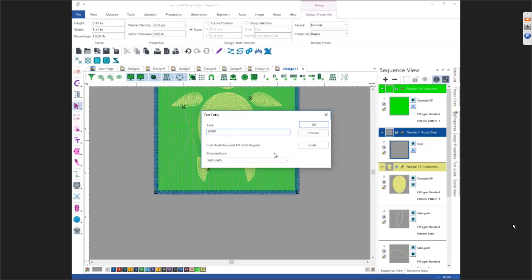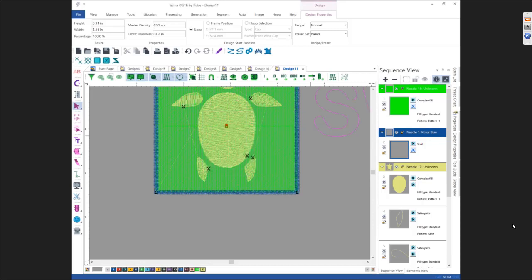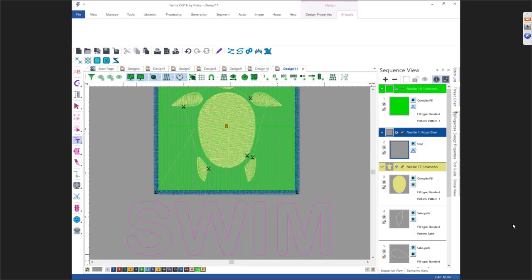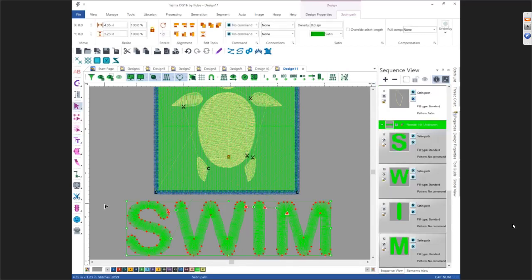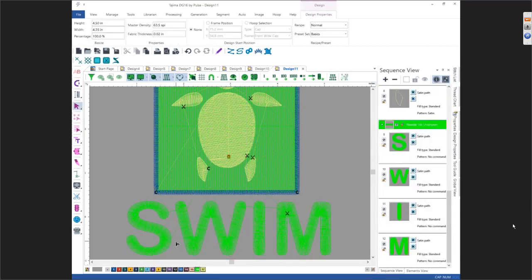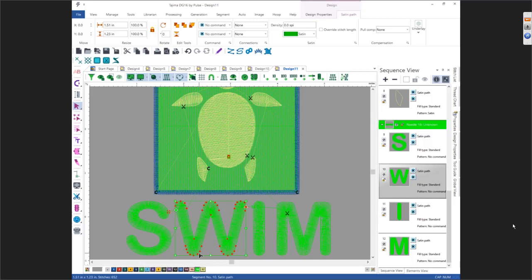Again, it's asking me what I want it to be. I'm going to have it be a Satin Path. I can bring this over here, left click, hit the Enter key. Again, it is coming in here and doing an auto digitize with this. So if for some reason you don't like the way it does something,